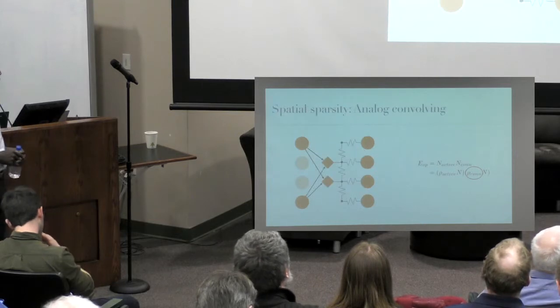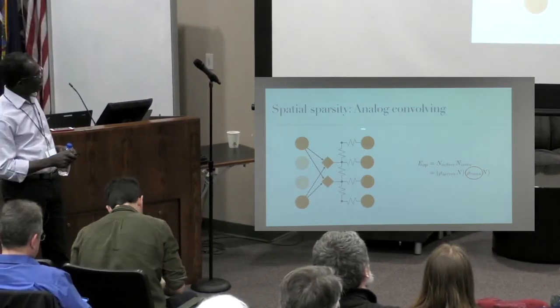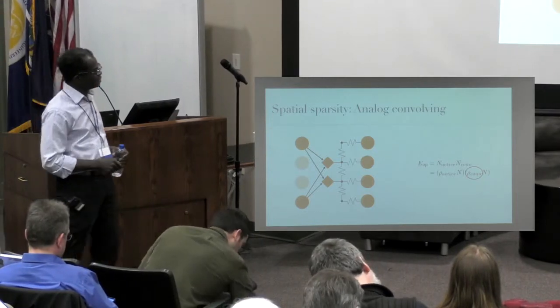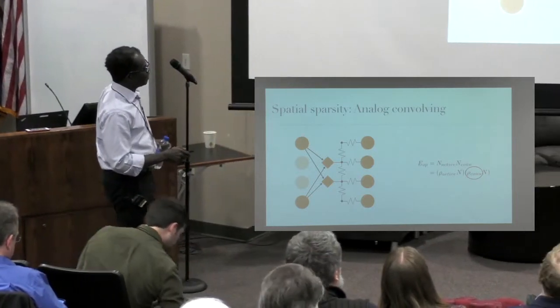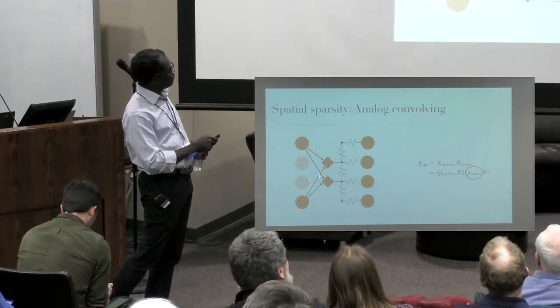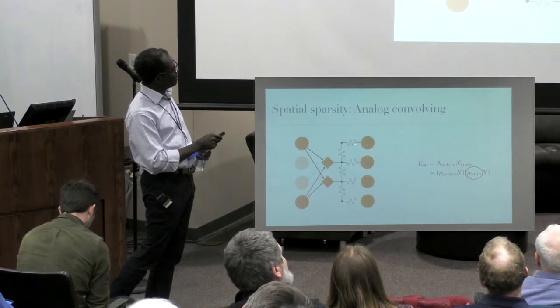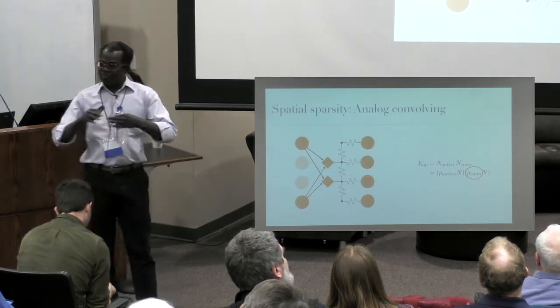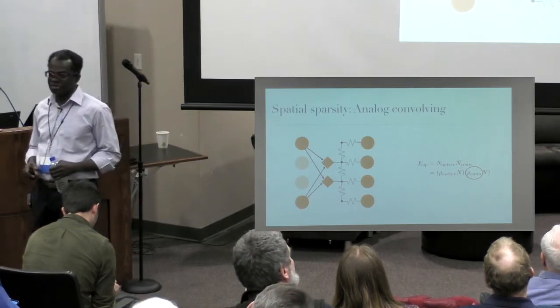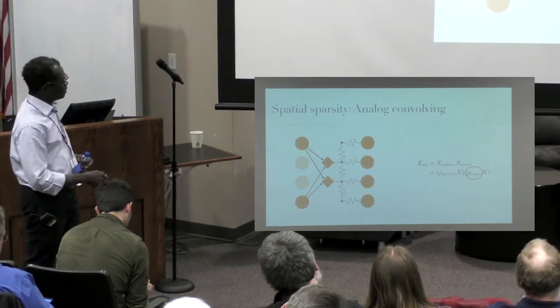And one way that we are taking advantage of it is by basically combining analog with digital. So this is what I call analog convolving. Basically, we are delivering the digital signals that we've weighted to some sparse points, and then we are relying on some pre-wired kernel, like a convolutional kernel, to distribute those signals to all the neurons.